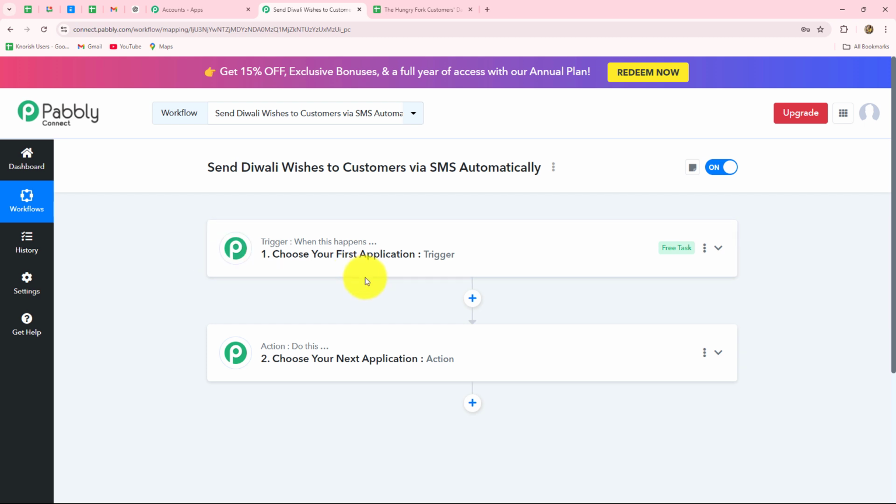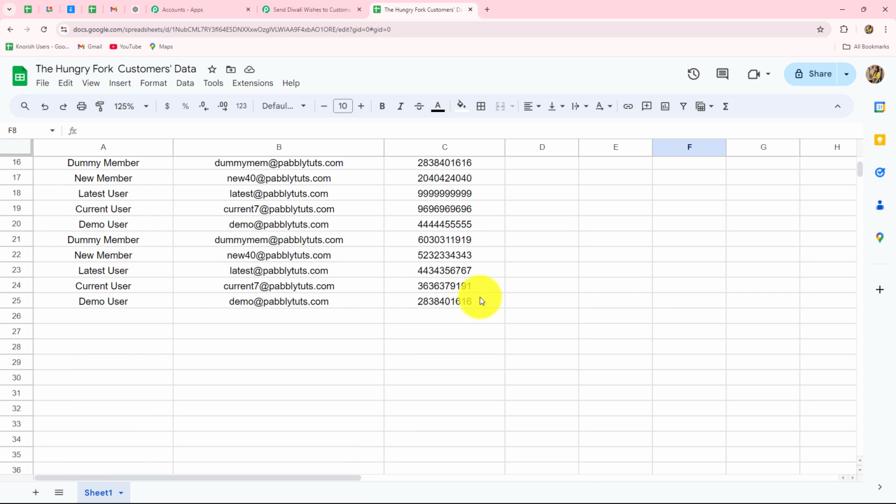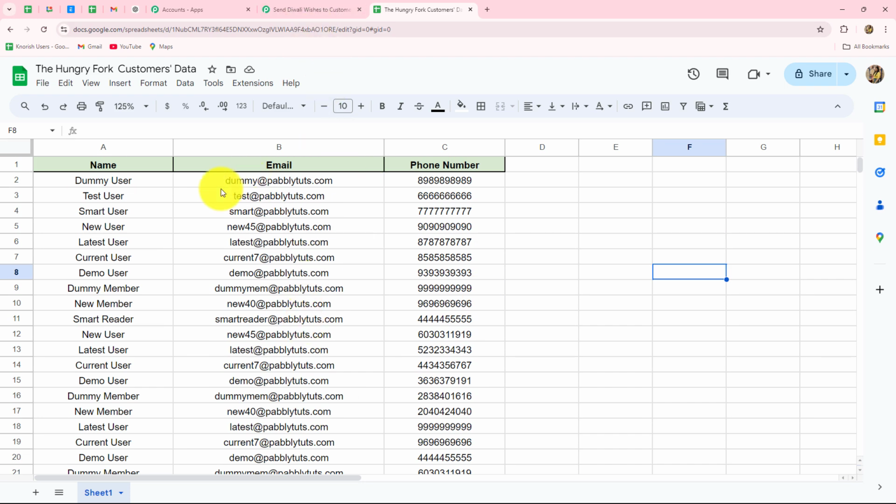So whatever we are going to select in our trigger is going to command the entire workflow and the actions are going to follow that same command. Therefore, we can have only one trigger in any workflow, but we can add as many action steps as we want. Now let's suppose my objective is that I want to send automated SMS to all these customers I have in my Google Sheets,